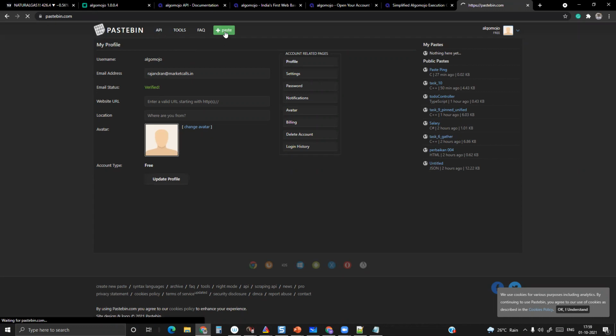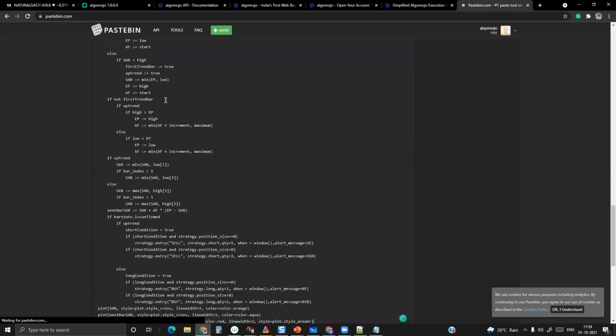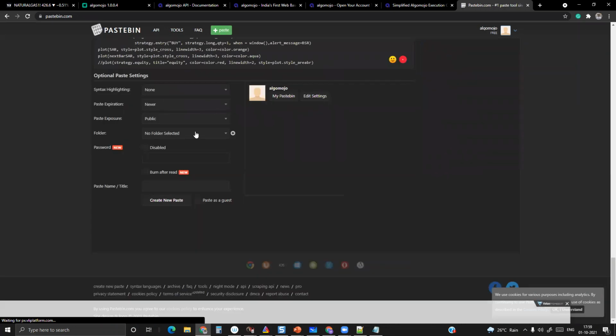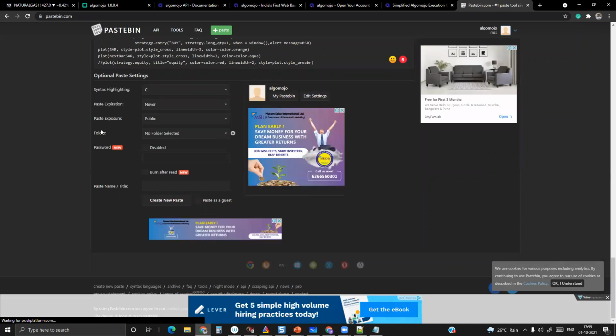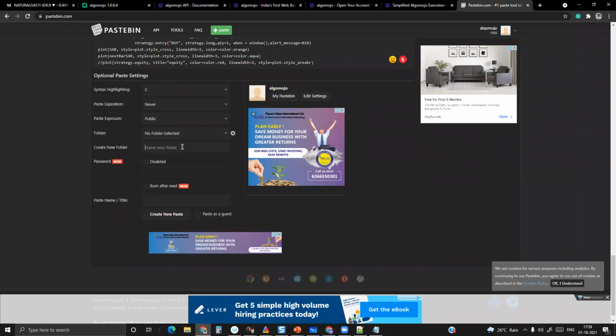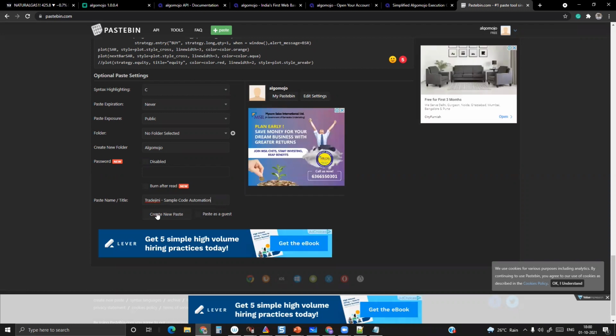So what I have to do is paste the code again, syntax highlighting, I'll make it C, never expire, no password, no folders. Probably I'll name it Algo Mojo, a Trade Genie sample code for automation. I'll create a new paste.